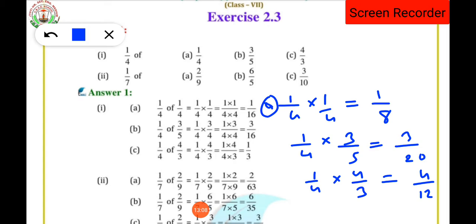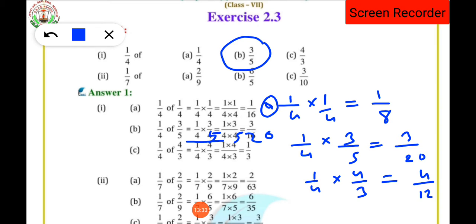Clear, student? So one correction you have to make over here. The correction is, here the question is 3/5, isn't it? And here in this solution part it is written 3/4. So here make the correction, the denominator will be 5. So here again 5. So this will be 20. Clear? Be very careful while doing the multiplication.